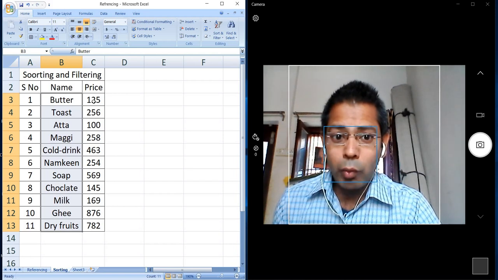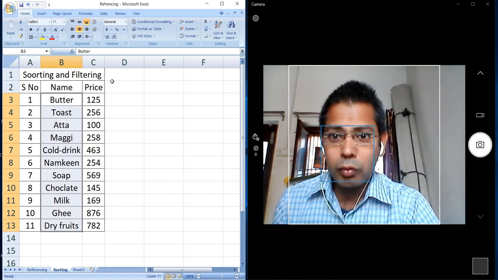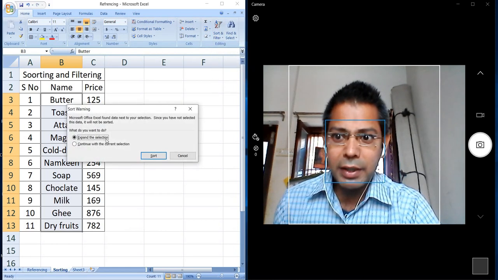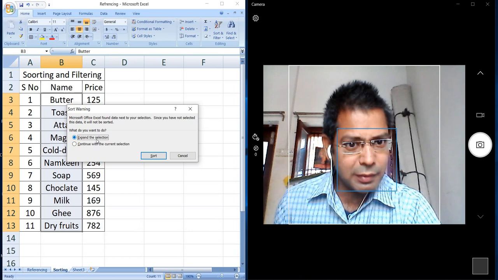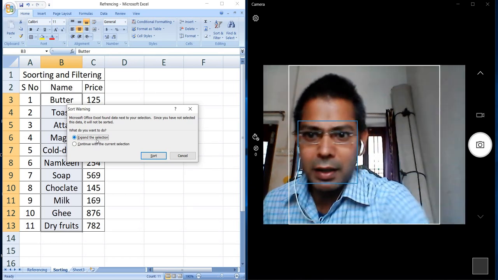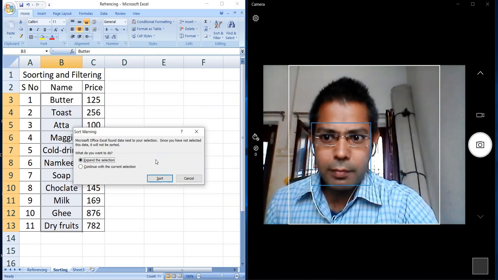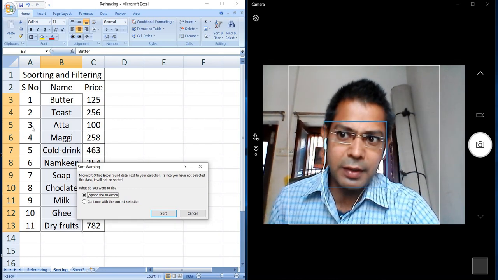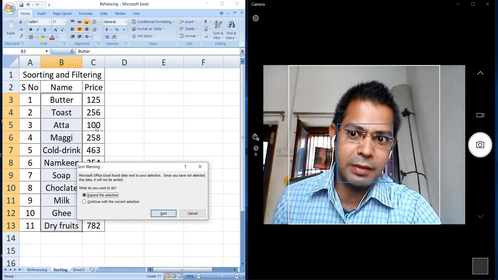To avoid such situations, what to do? Again see sort and filter, sort A to Z. Here is one option, expand the selection, meaning with atta, see, with atta 103 is there, third is its serial number and 100 is the price.